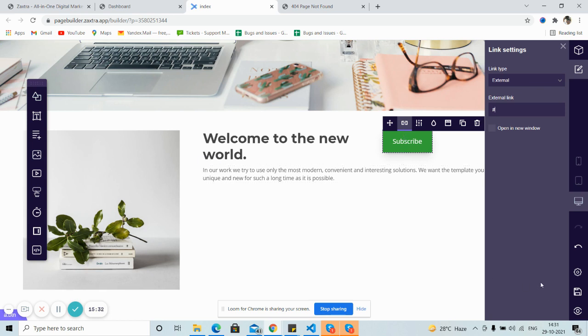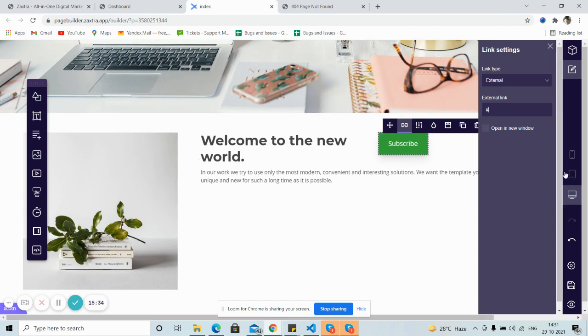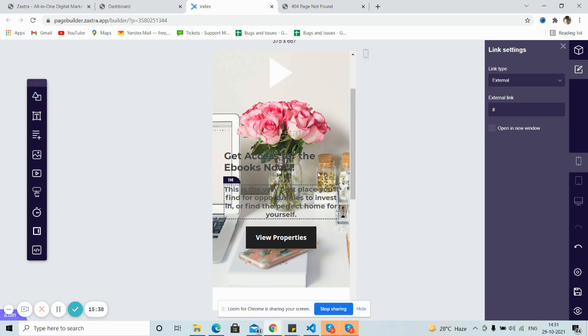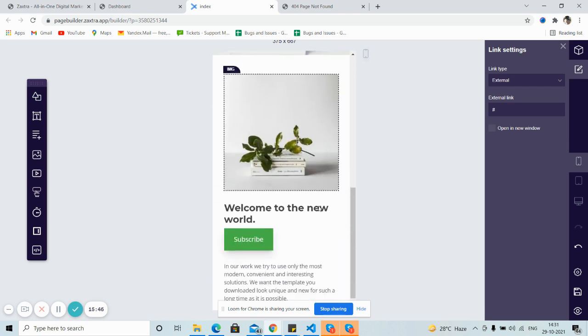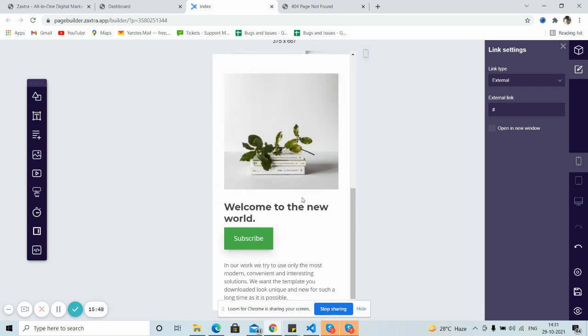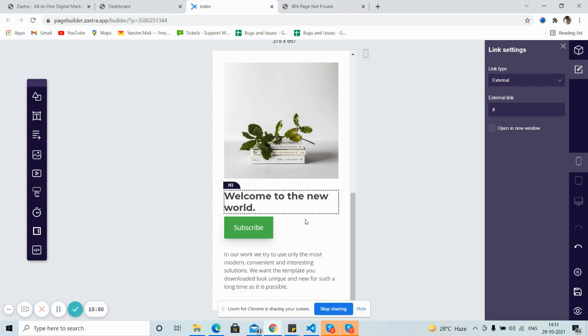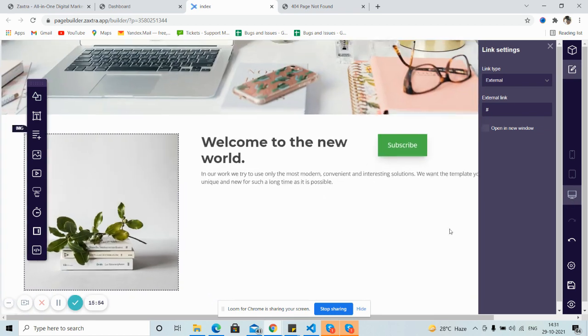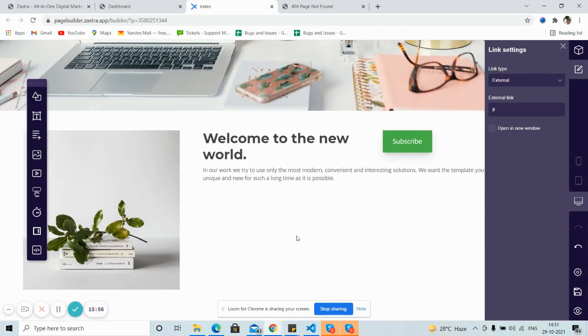So I'm going to save the settings for now. Let's see first how it will look on a mobile. So this is how it looks. If you want to change the view settings, you just drag and drop the content and it will change the settings, as it will change the resolution as per the device. So same here for tablet, same here for your desktop as well.